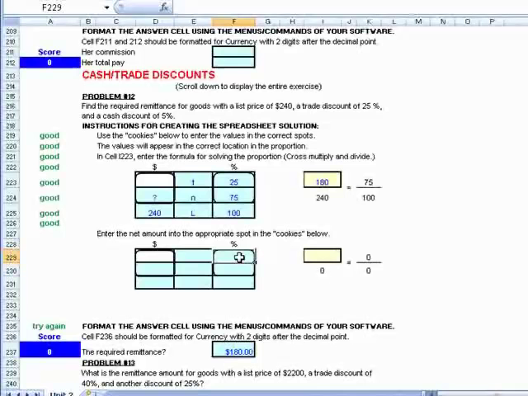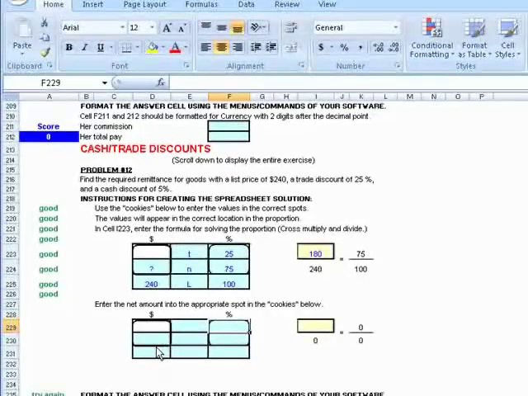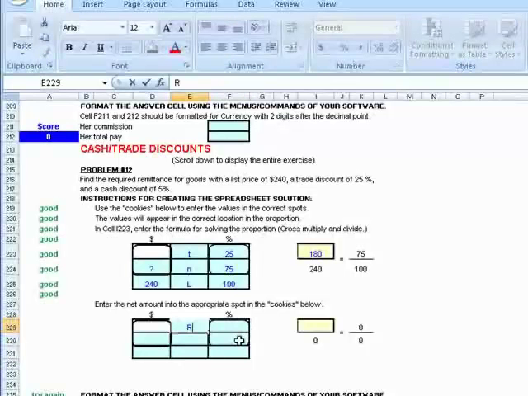Ooh, we forgot to do something here. Find the required remittance for goods with a list price of $240. Oh, I see. This $180 is after the trade discount. So in order to get our remittance,